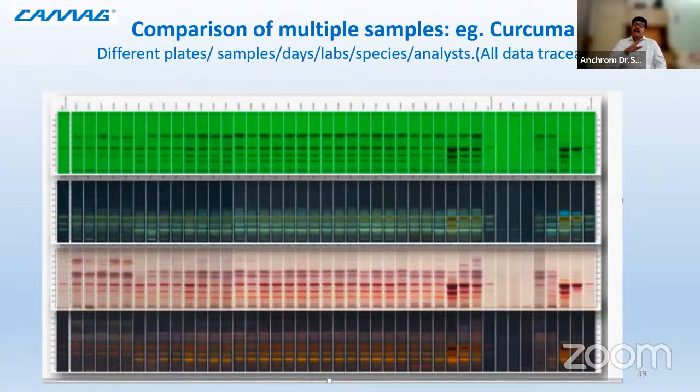So multiple samples have been done at different points of time. You need not run the same sample each and every time. What you need is this software. It is digitally traceable. All the image components are traceable. From which plate have you taken this image? It is not a Photoshop image, and it will tell you,